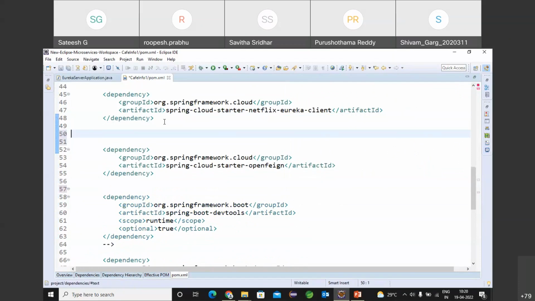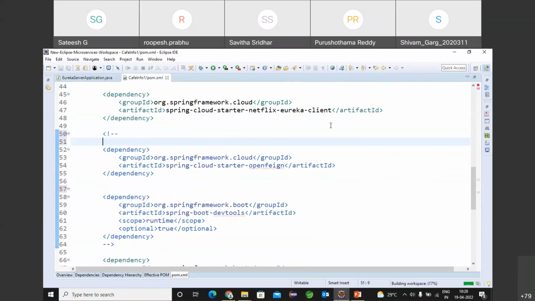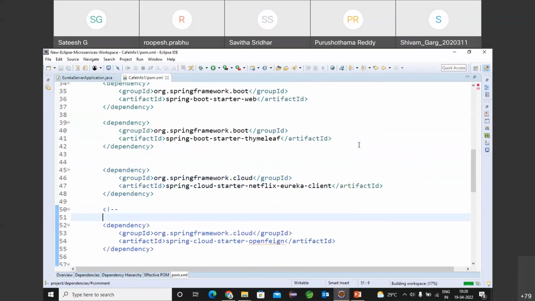I'll talk about OpenFeign tomorrow when I'm talking about the load balancer. So this is not required for now. Okay. So apart from these regular